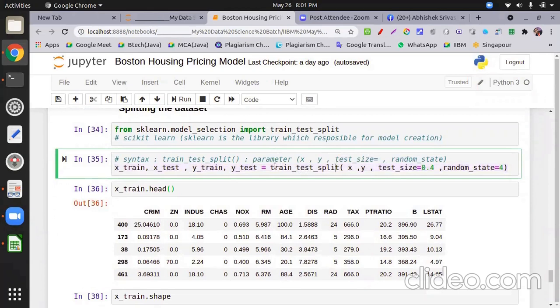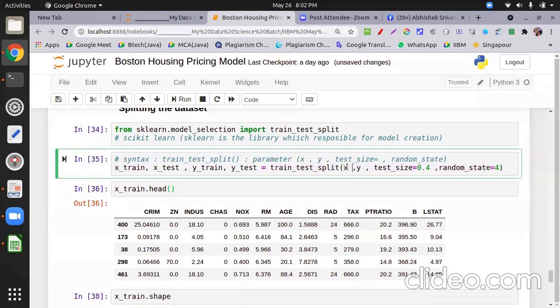So let me see. You wrote something wrong somewhere. Check this one. The error might be assigning the data frame to the X variable.